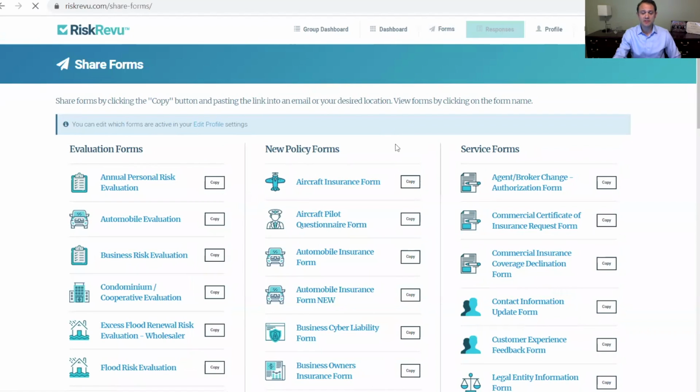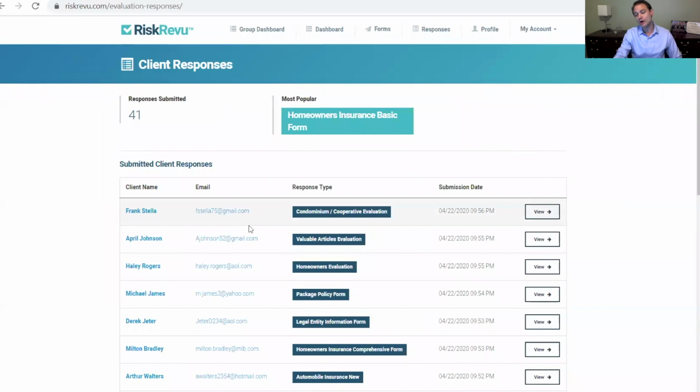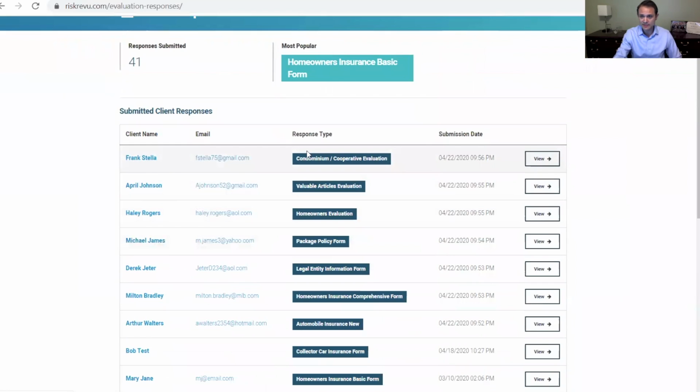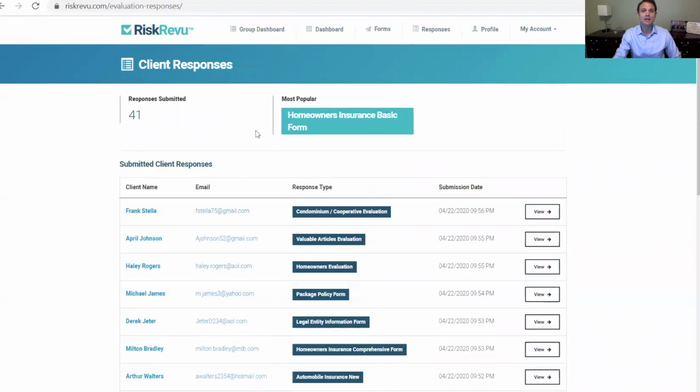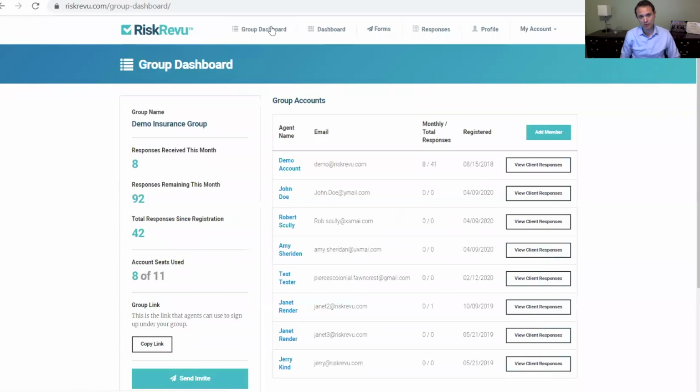Let's view responses. This is where you go to view all your form responses. You can hit the View button to see all the form data. And the last section I'll show you real quick is the group dashboard before we jump into the topic of